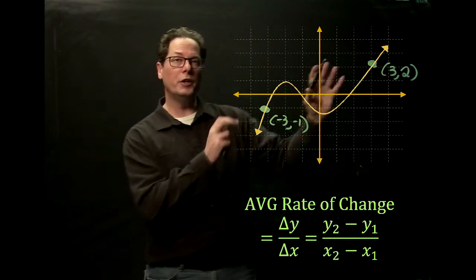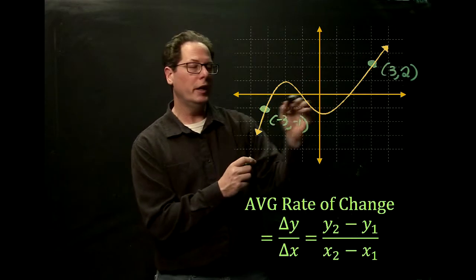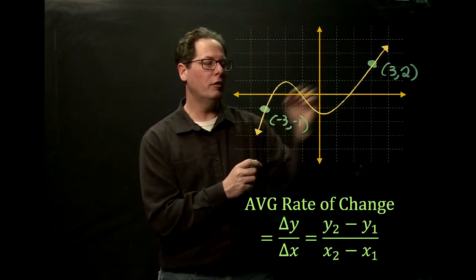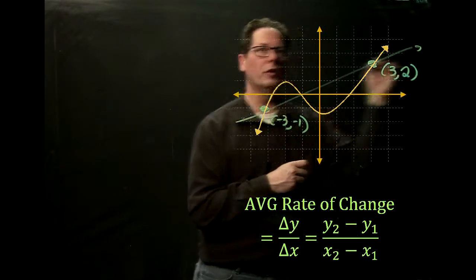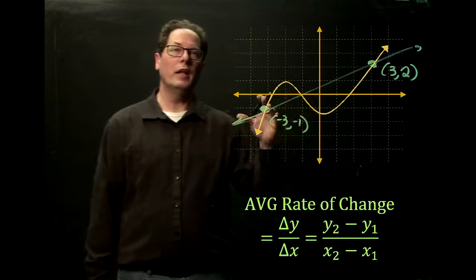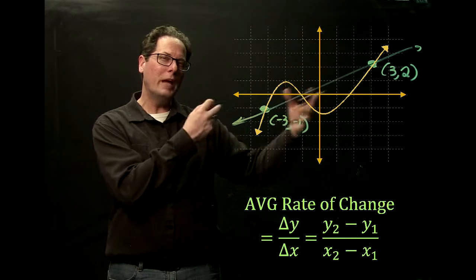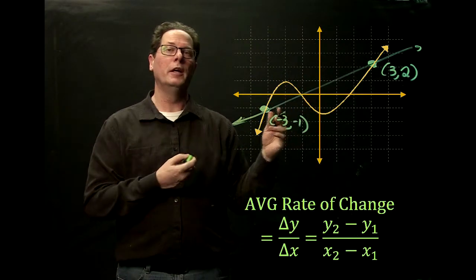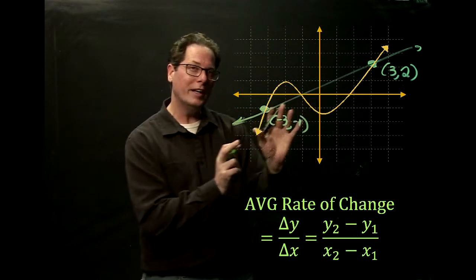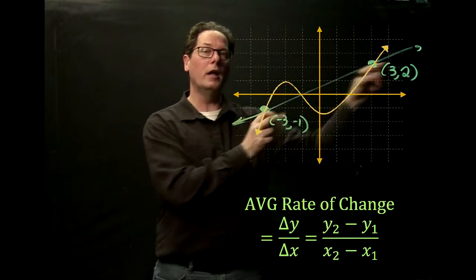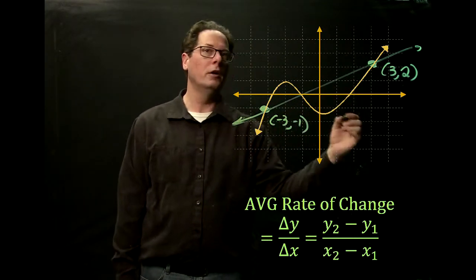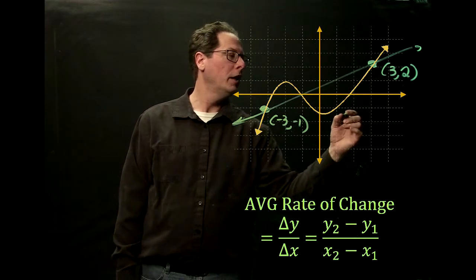So this function has an average rate of change from this point to this point equal to the slope of the line that connects the two. So the line that connects the two is somehow approximating this function, and it's giving you a sense of the change, but this function obviously is doing lots more changing around here. So we call this average rate of change,